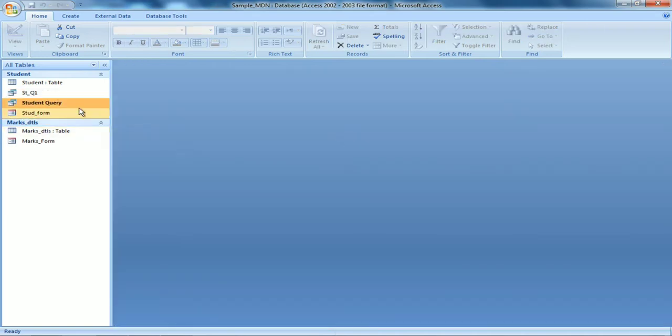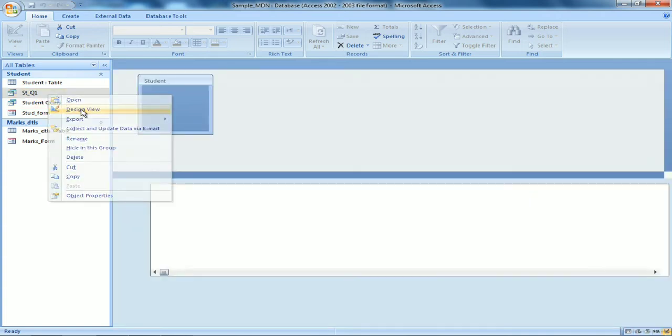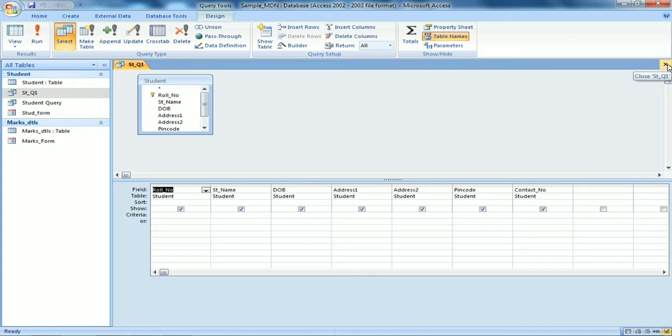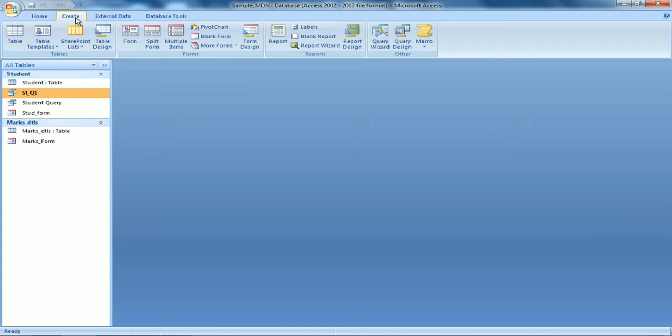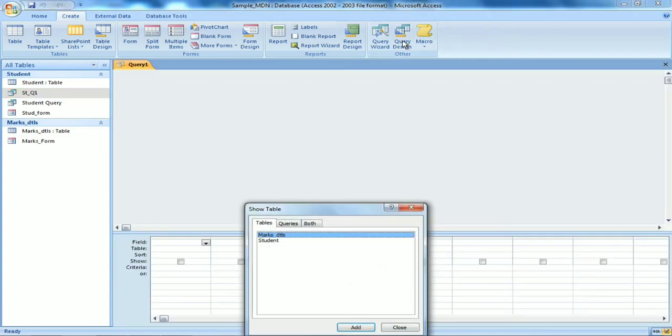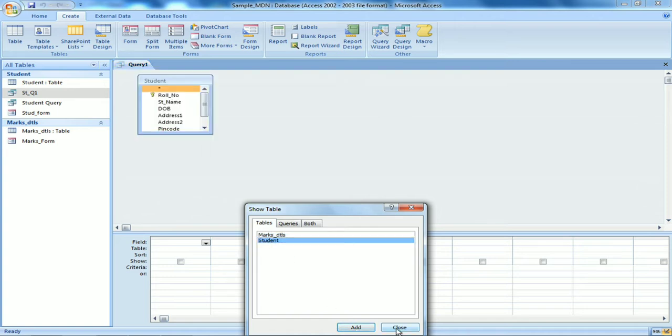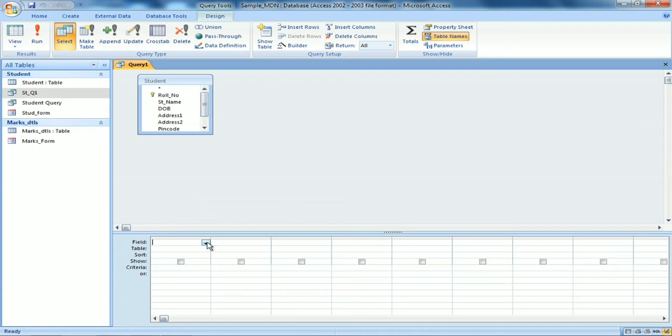This is a query. I can open it and see the design view. You can check it. So these were my records. These are my details of that query. Now again I do some selective criteria, mentioning query design, student, add, close. Now I want only the roll number, name and phone number, nothing else. This much I want. So I go and click run.